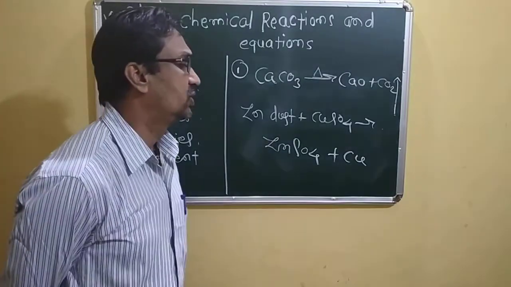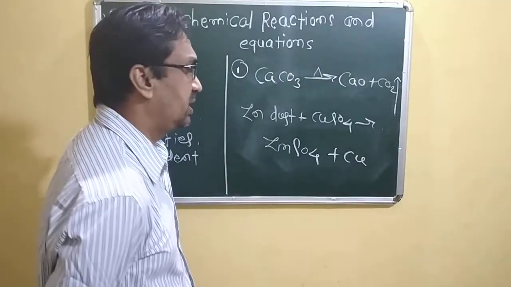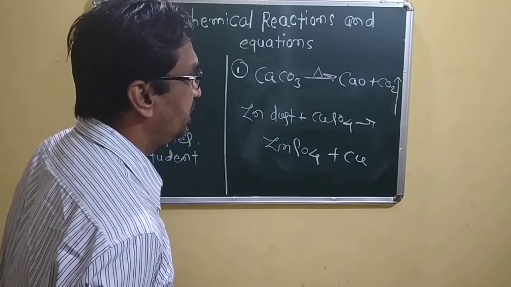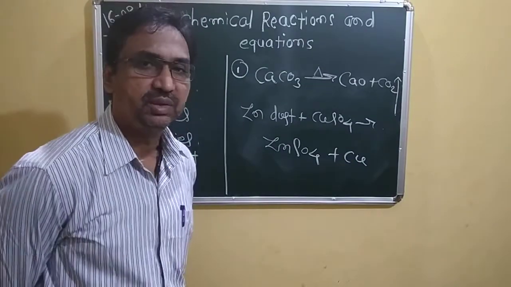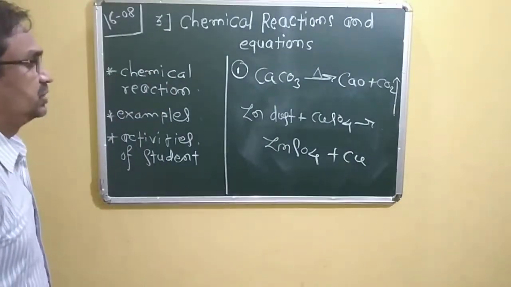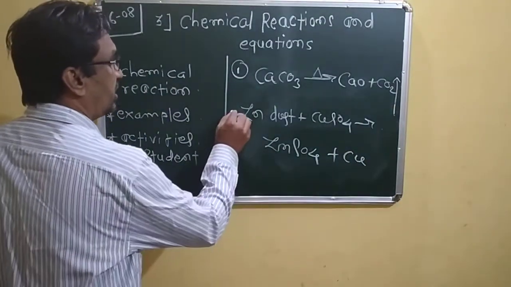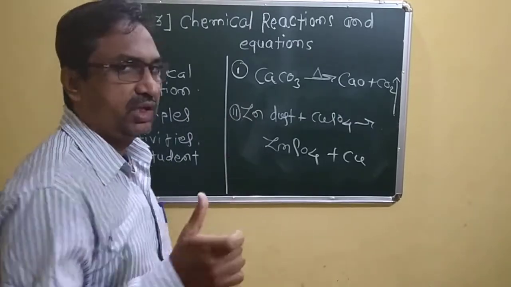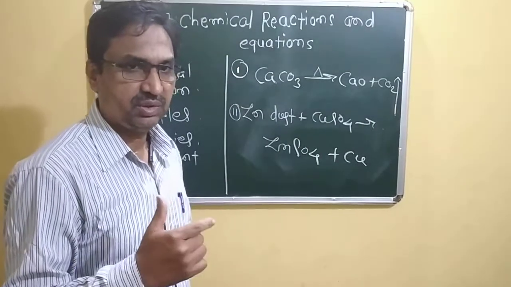That is normally a displacement reaction, and in that we have evolution of heat also. So heat is also evolved in this reaction. This is the second reaction, and after that we just tentatively see those things. We have to see perfectly.